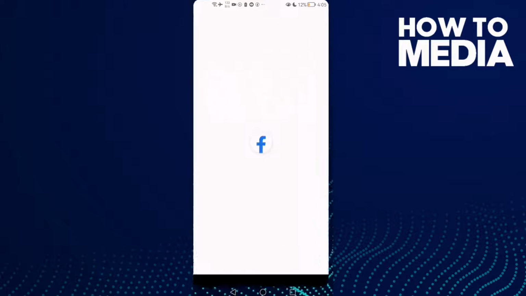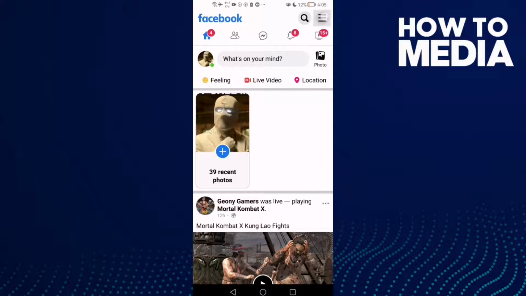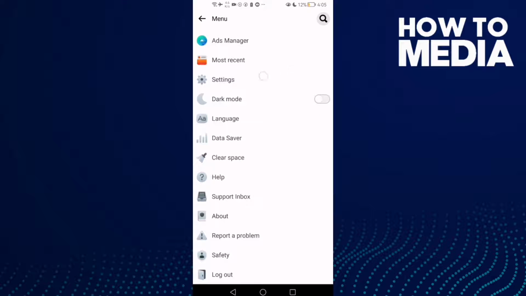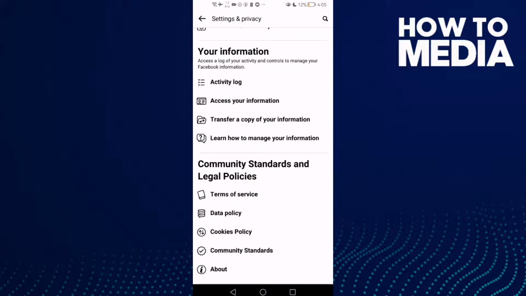First thing, go to Facebook Lite. Here you will find these three lines in the top corner. Click on it and go down, click settings and go down. Here you will find transfer a copy of your information,